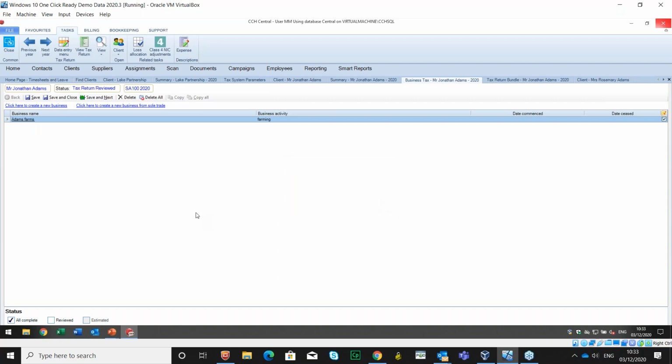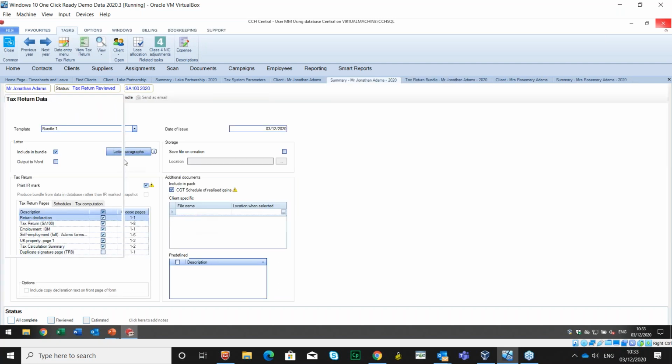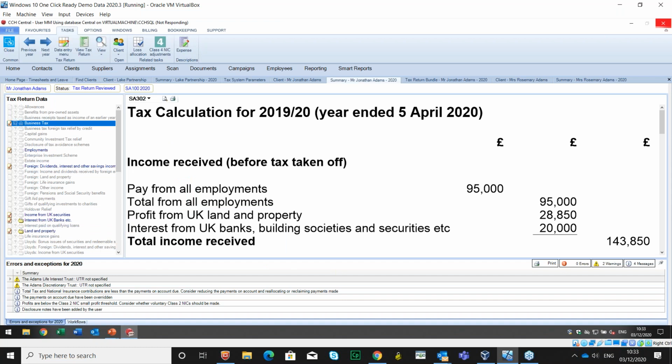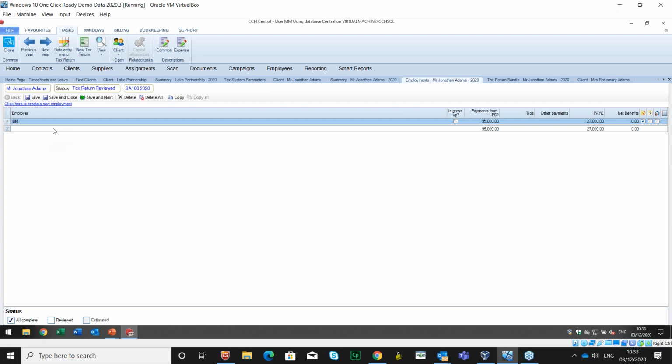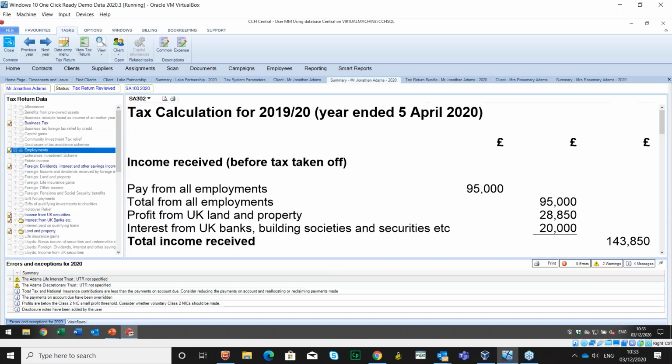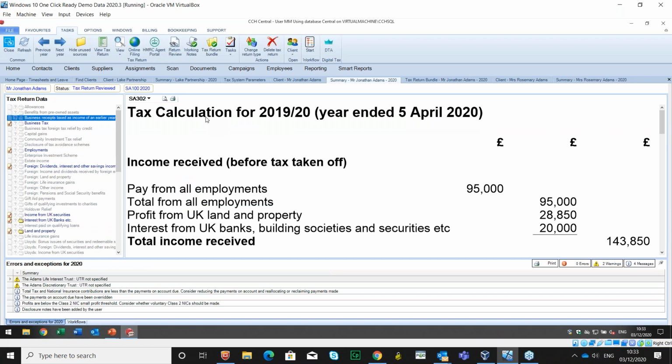The fact that my balance sheet doesn't balance doesn't matter in this instance. And then I go down and I go into each of these and save and close all of them. Now you must make sure that you come out of the online filing screen first, and then you open each of the data entry screens that have been populated and save and close. So when you're moving down the list, you do this for every screen until all of the screens have been